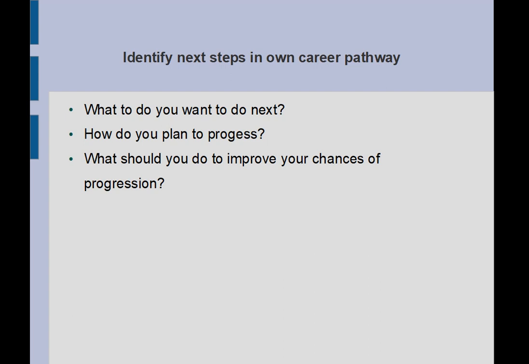So after that, what will you do next? Do you want to take the level 3 in healthcare support services? Do you want to take a full health and social care course? Do you need maybe to improve your business skills? Will it help you to take a management course? Do you need to take more qualifications in clinical skills? What will help you to get where you want to go? Do you need an access to higher education course to help you get into a uni placement? Maybe if you wanted to go for nursing, what do you need to do?